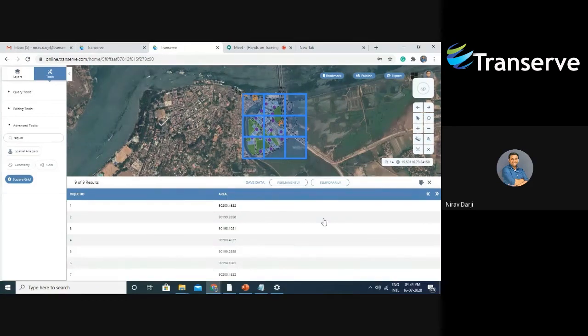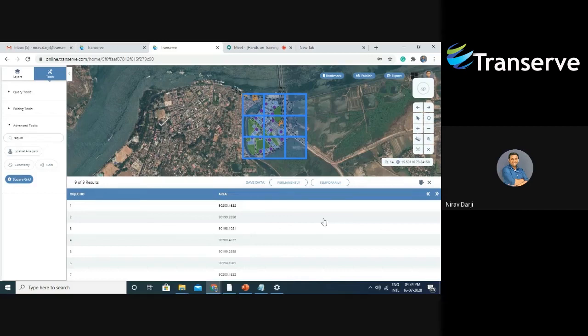So if your analyst or surveyor has taken data from the field or created any data on this particular platform, any admin or project manager can analyze the data on a grid basis. Most of the geospatial industry experts use grid-based quality checks.